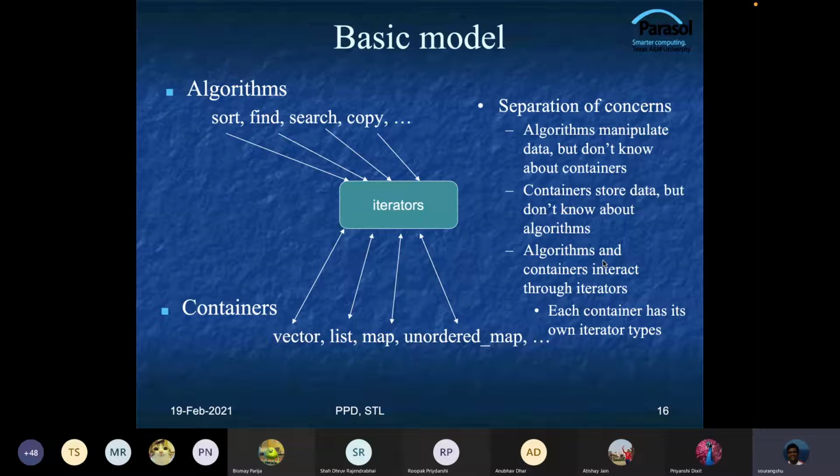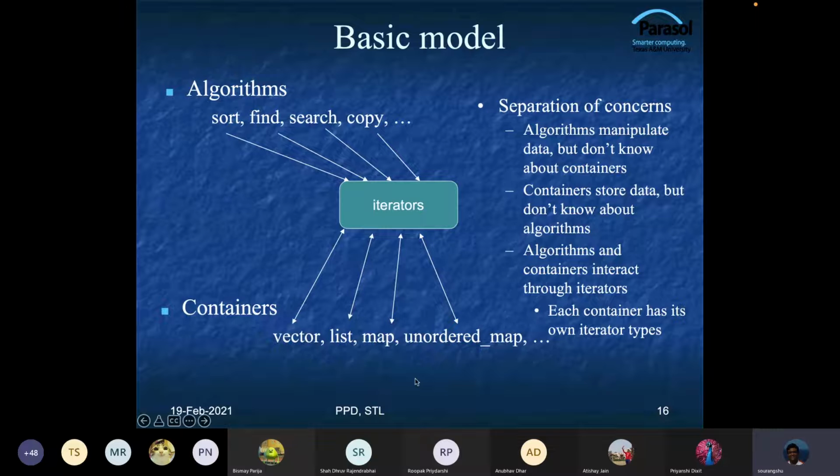The concept is that, depending on how you think about it, you have 2 or 3 different types of objects, right? So when you are trying to write any program,